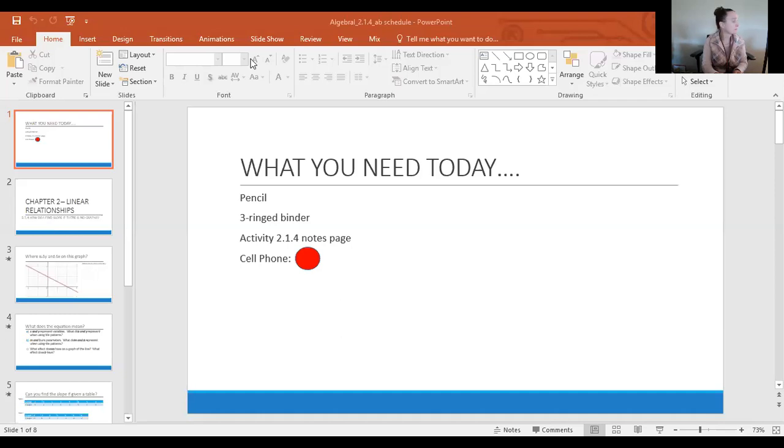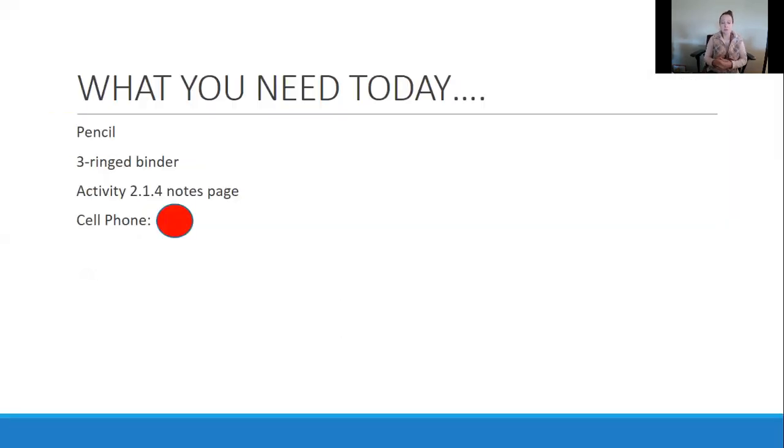There's front and back on there. And what we're going to do is continue on with our lines. So what you need today is a pencil, your 3-ring binder, and your activity note page that I just showed you,